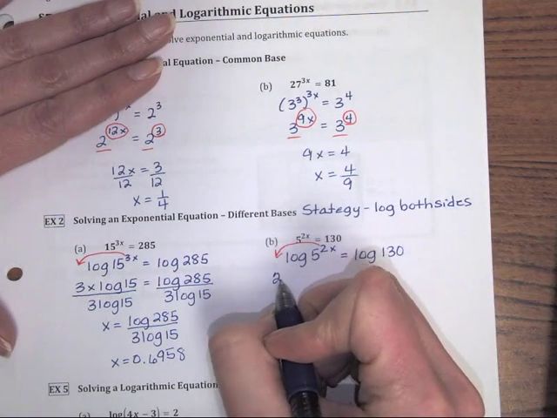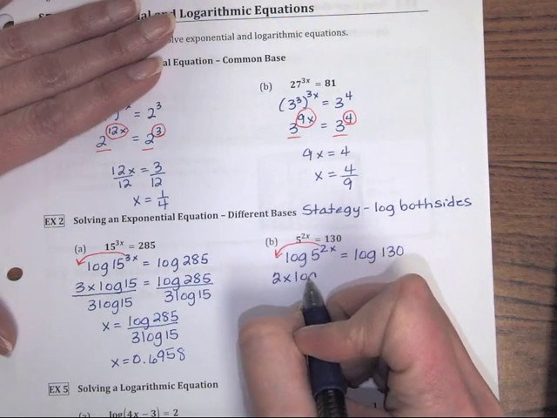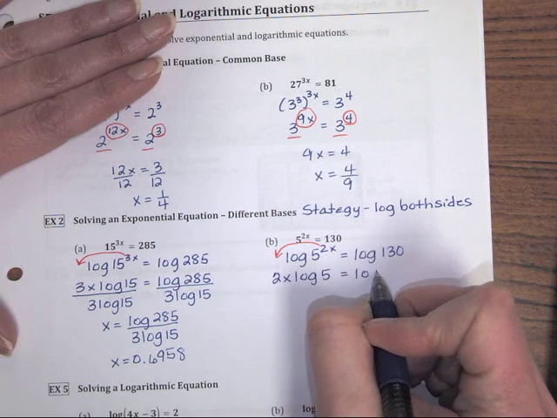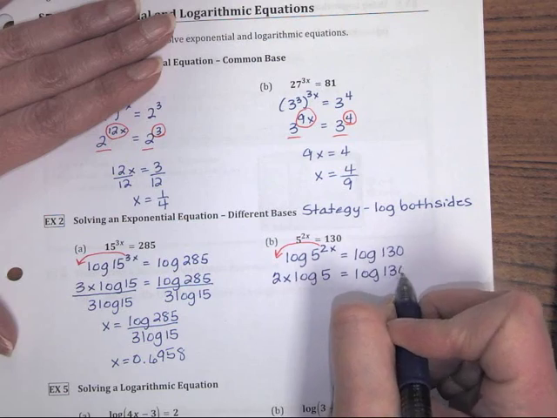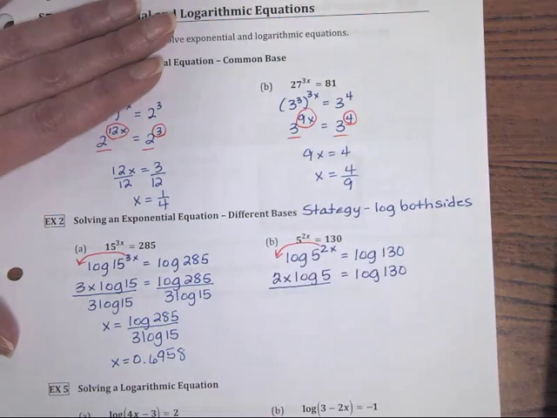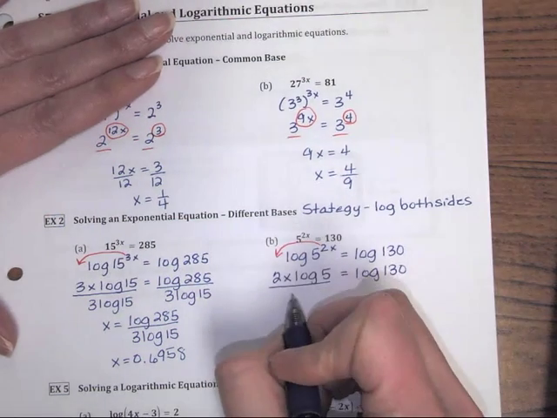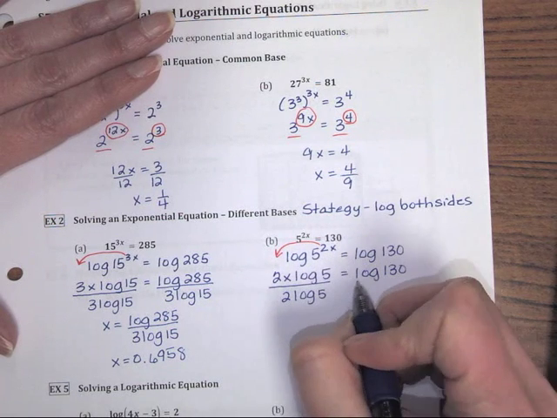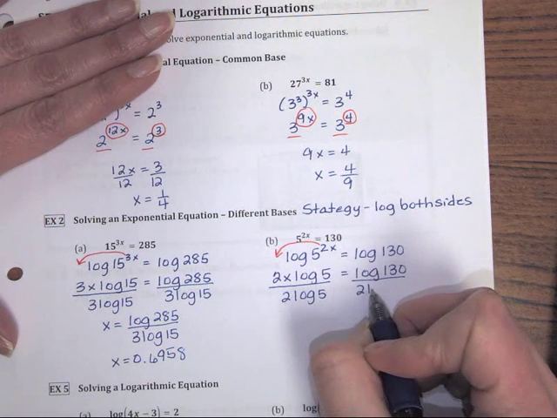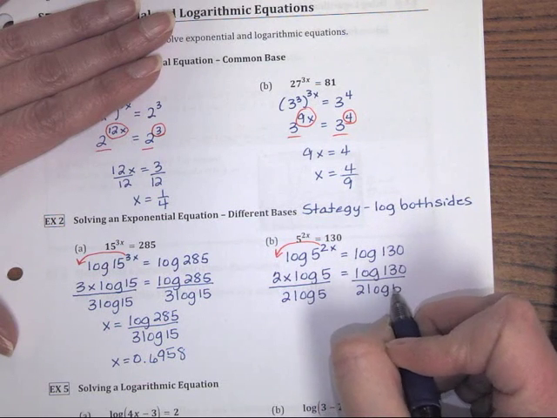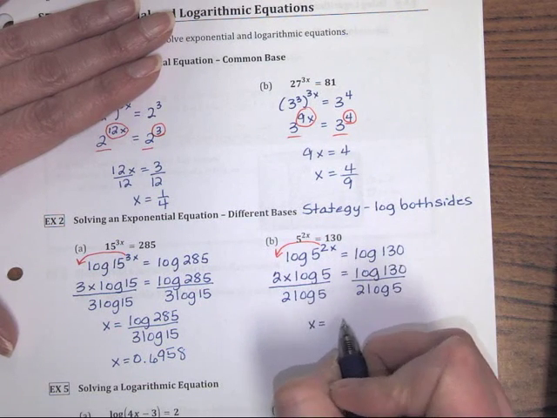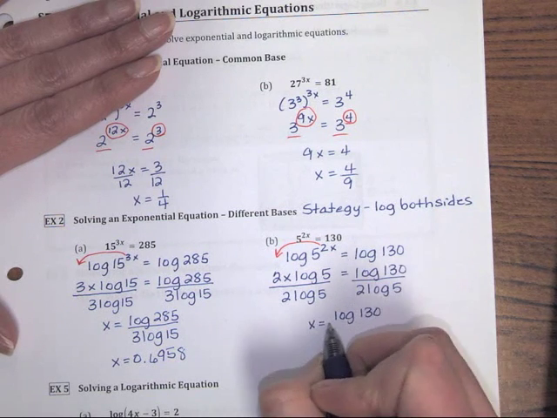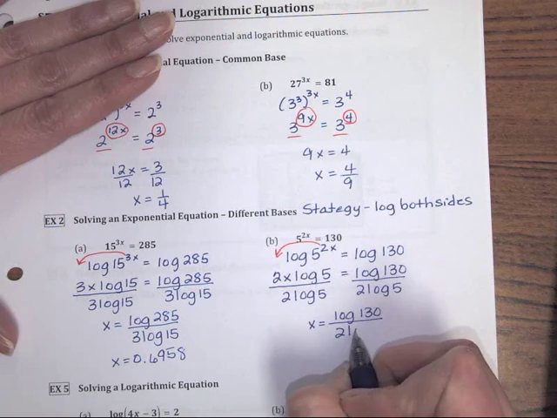So we're going to have 2x log 5 equals log 130. We want x by itself, so divide everything by 2 log 5. And now you actually have x. X equals log 130 divided by 2